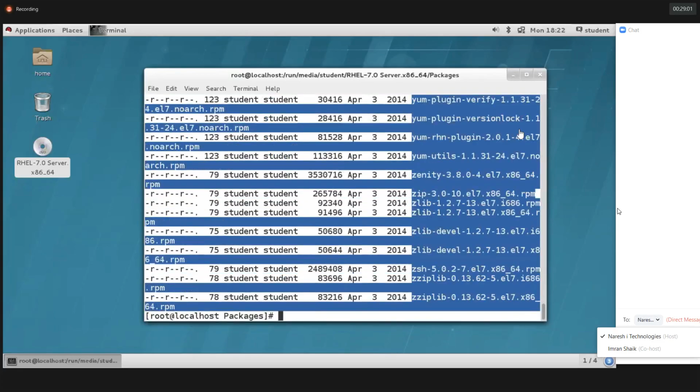If you download any software, by default it will download into Downloads itself. For example, if I download software from the internet, how do I install it on Windows? We go to the particular download location and double click on the software file, the .exe file, whatever it may be, then we install it. In the same way, I have the packages related to this operating system.